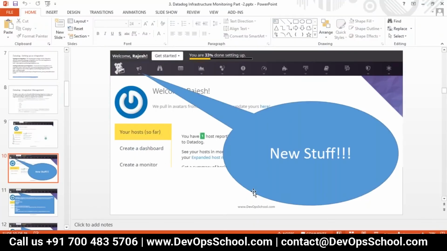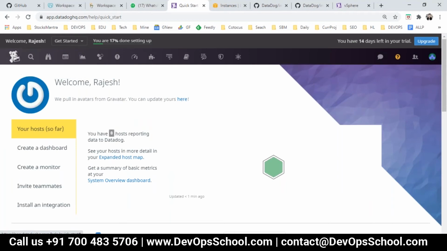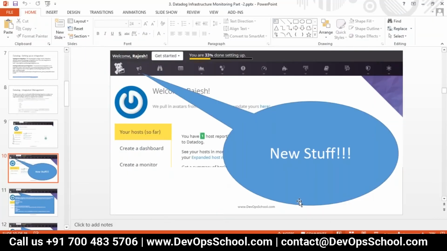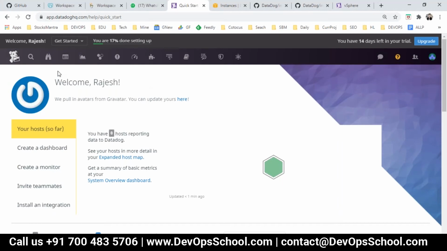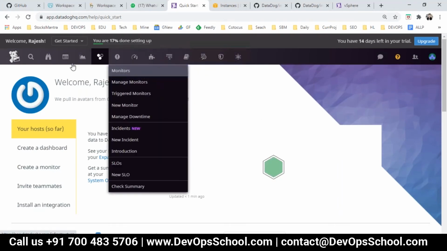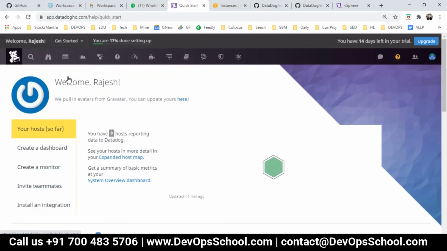So here the first icon is called new stuff. Anything which Datadog announces, this got removed, I guess. Yeah, the announcement got removed here, which should be here. No. So again this has changed a little bit.